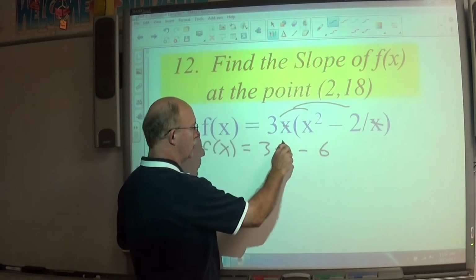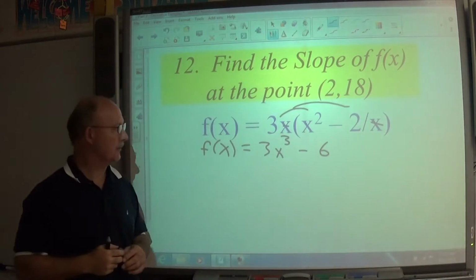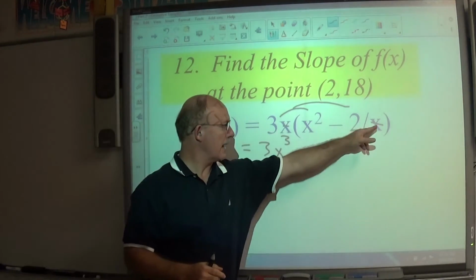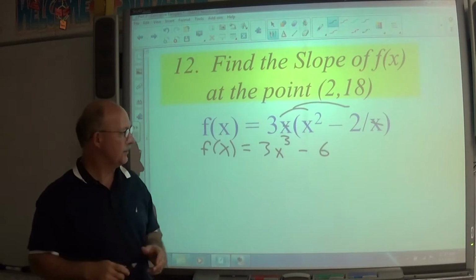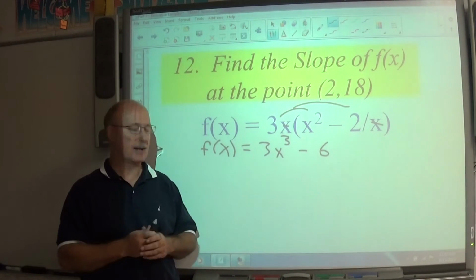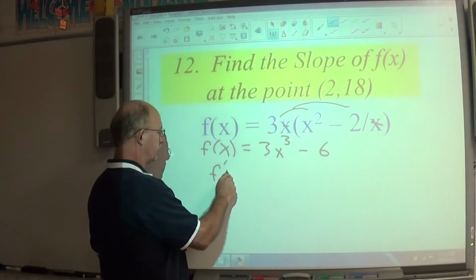There goes 3x cubed minus 6. And as you multiply to this fraction, the x's are going to cancel out. That just gives us 3 times 2. Now we're ready to find our derivative. Right, so to get our derivative,